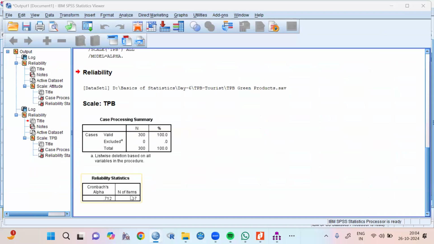So it is reliable. क्रोनबॉक अल्फा की वैल्यू रिलायबल है, ये मेजरमेंट जो टूल है हमारा ये रिलायबल है एंड वैलिड भी है।